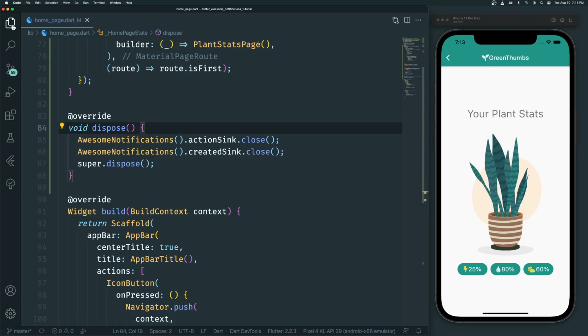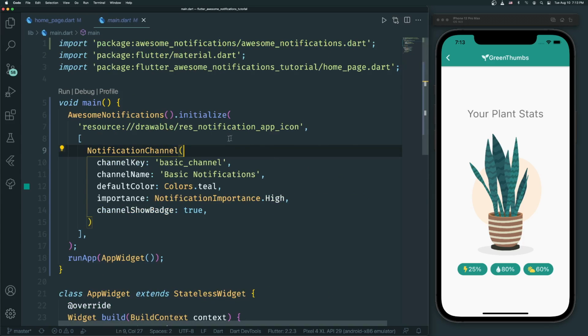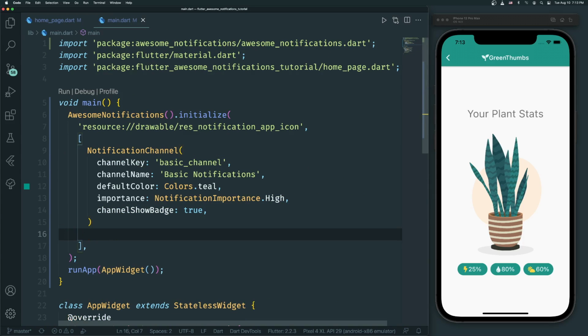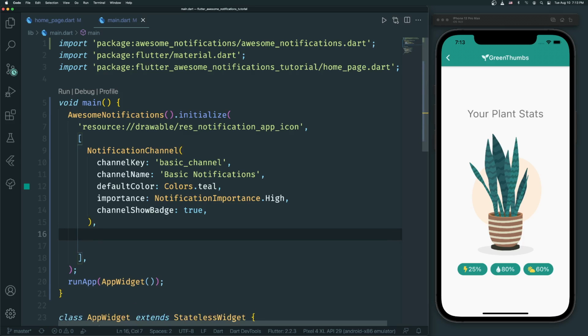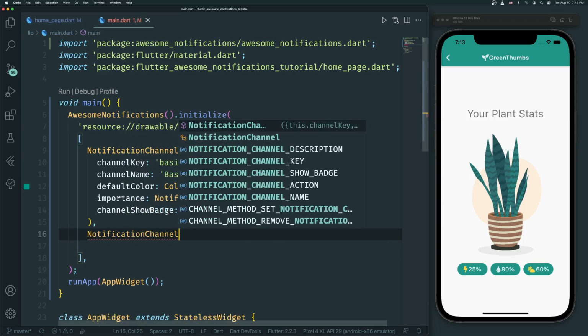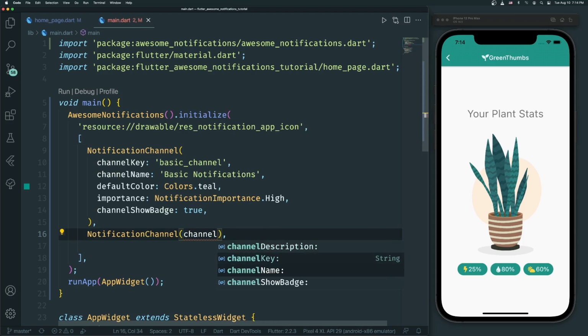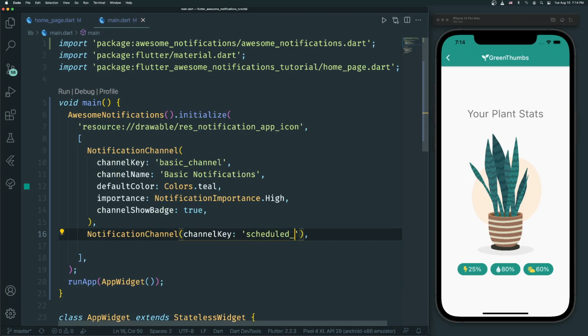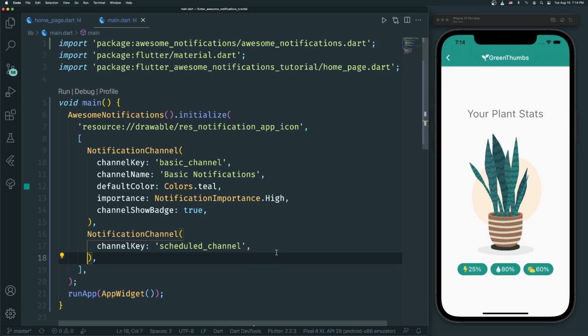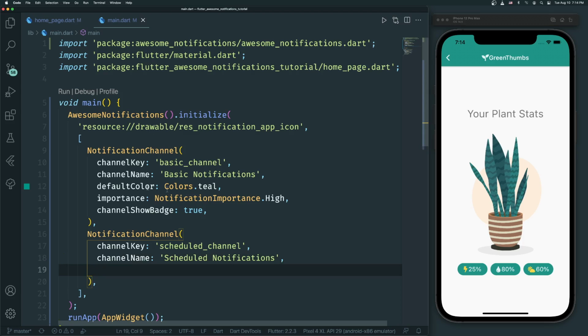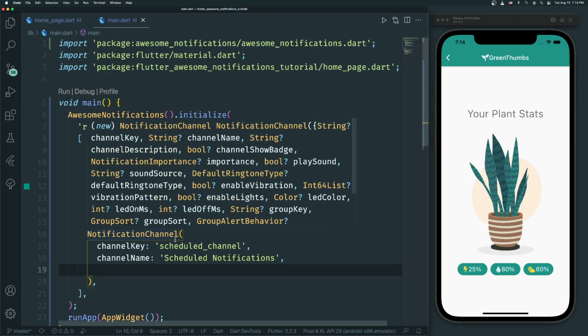So let's go back to our main.dart file. And here we're going to add another notification channel below the basic channel. So notification channel. And we're going to give it a channel key of scheduled channel, a channel name of scheduled notifications, and we're also going to give the same default icon color to this icon here. So default color,